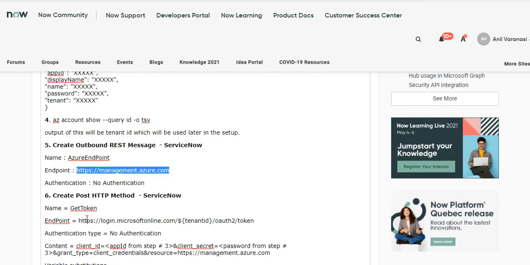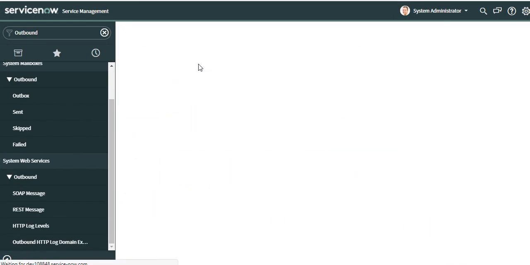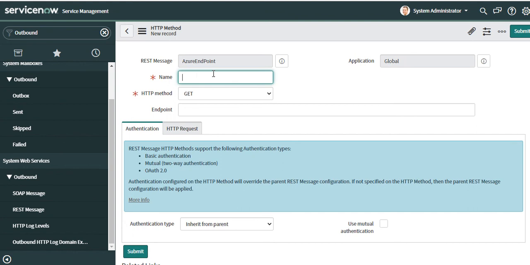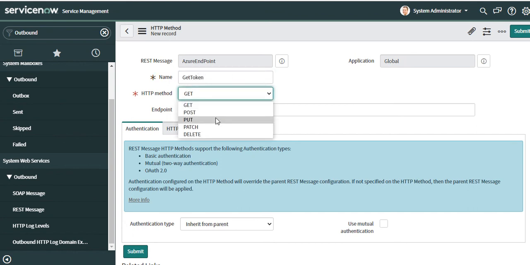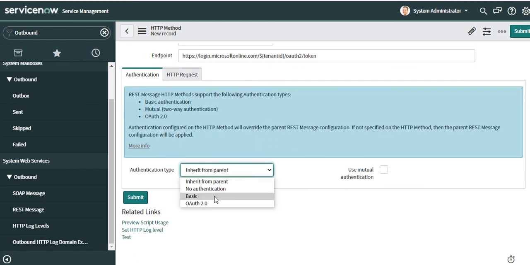Next, create a POST method. Call it get token. This is the endpoint. We can leave authentication as inherit from parent, or no authentication, both the same.